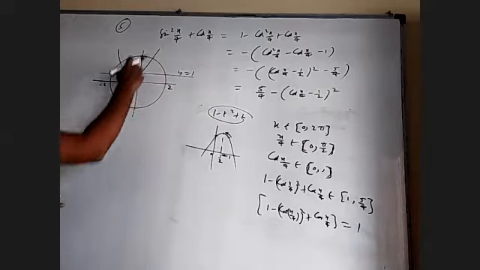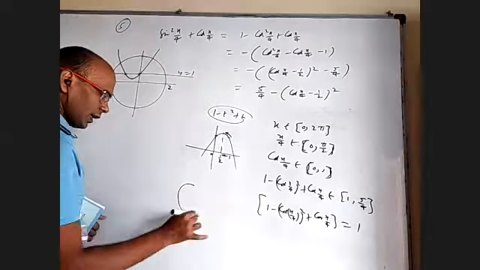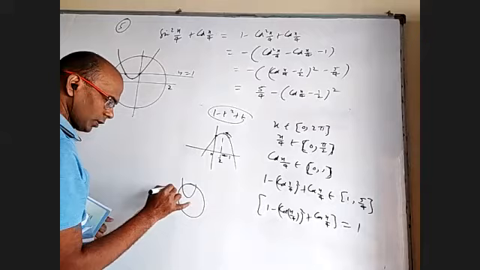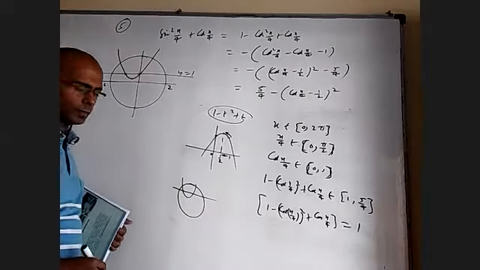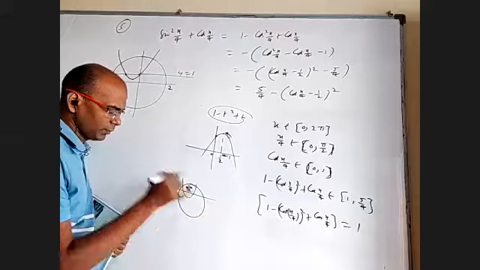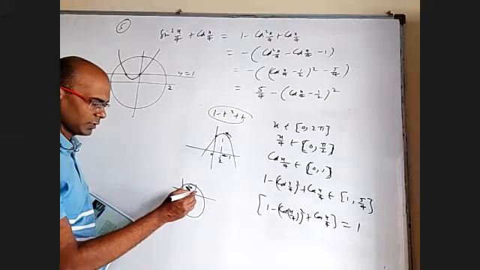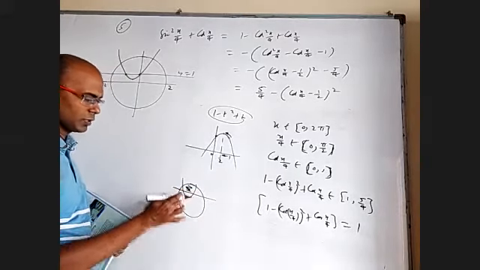Yeah, so let us forget about x-axis and y-axis. I have a circle, I have a parabola, and I have a line. What is the area bounded by all the three? It is this area. Of course, somebody can say this, somebody can say this, somebody can say this whole thing also.